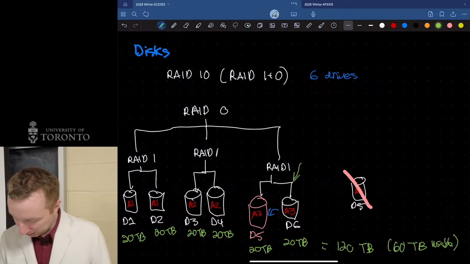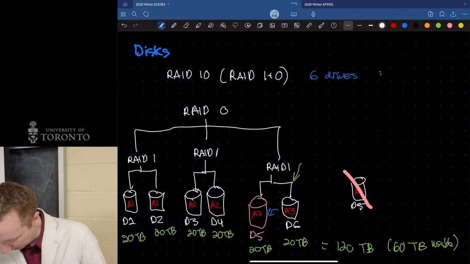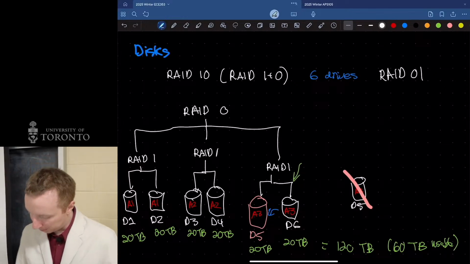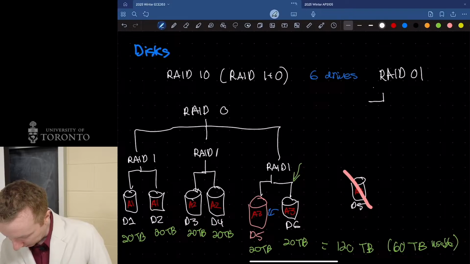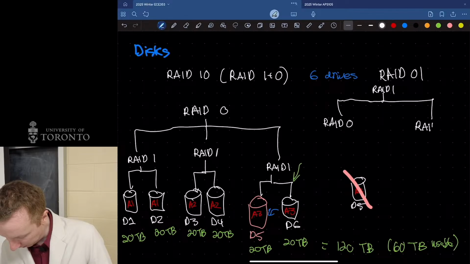As you might imagine, there is also something called RAID 01. You do not need to know this difference, I don't really care about it. Same idea, but it flips it on its head. We have a RAID 1 array at the top, and at the bottom a mirrored copy of two RAID 0 arrays.